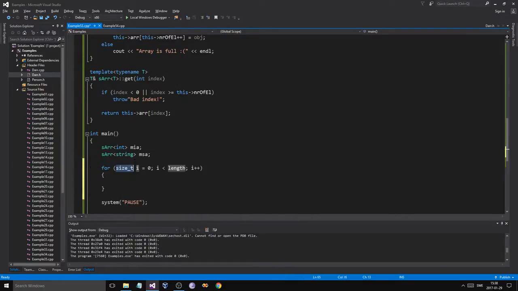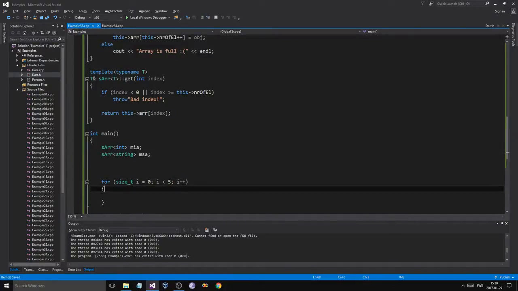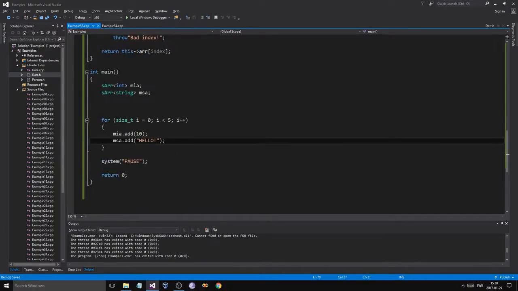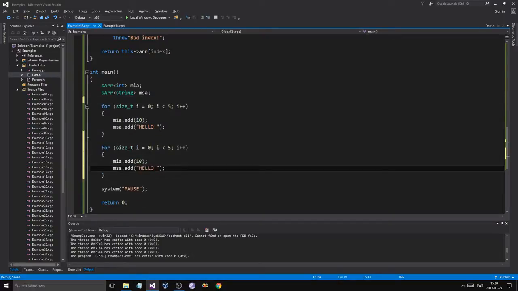So what we'll do is we'll make a for loop, and since it has the size of 5, we'll say MIA.add 10, MSA.add hello. Bam, that's a cool string. And then we'll copy this, and we will just say cout MIA.get at position I, end line, and we'll say